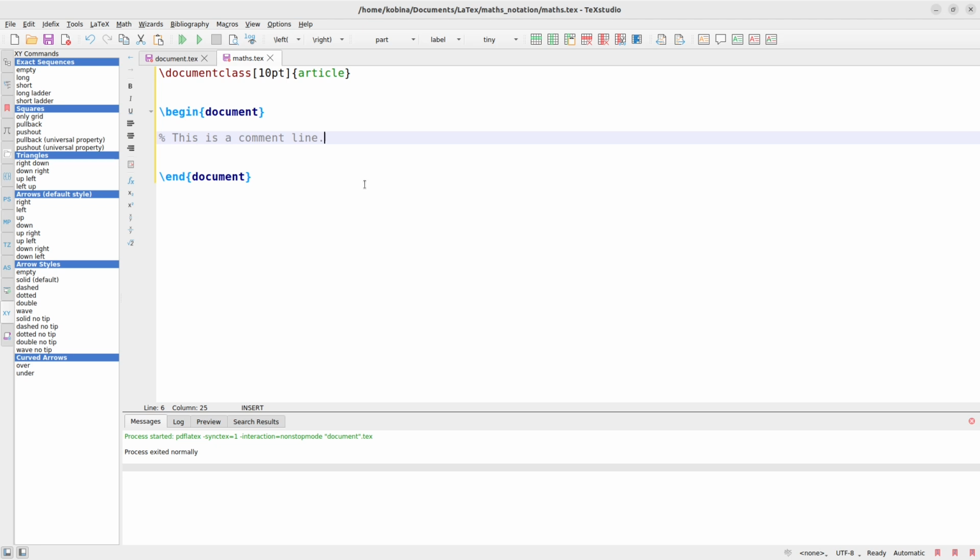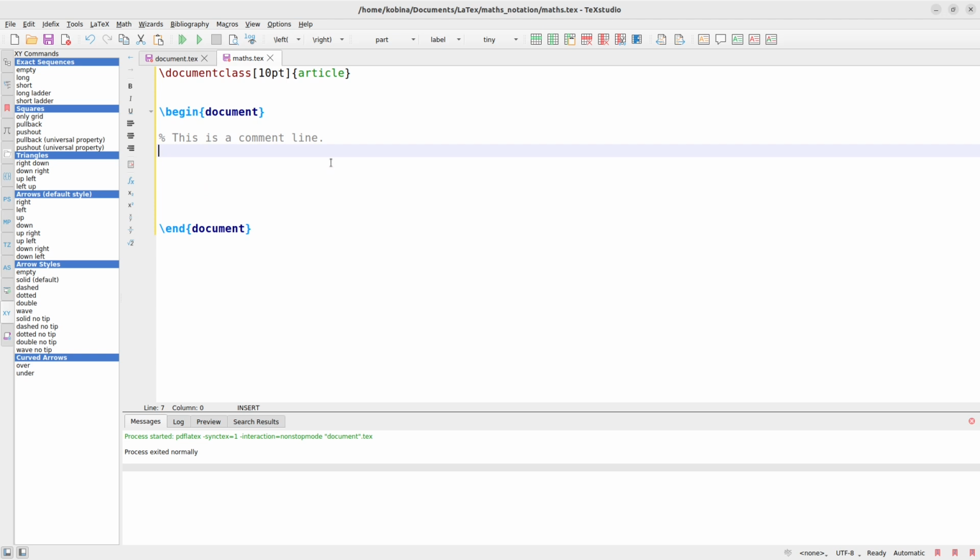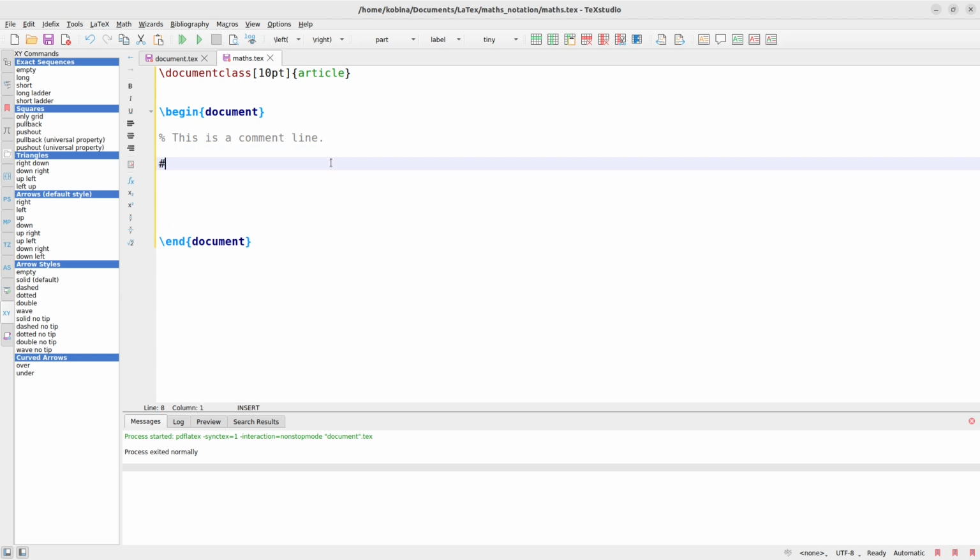All right, so for the various descriptions, I'll make sure I put this there to let you know that the subsequent line, that is what it means. All right, so just take note of that. Okay, now let's start with the math notations. I'll just do something here. I'll say